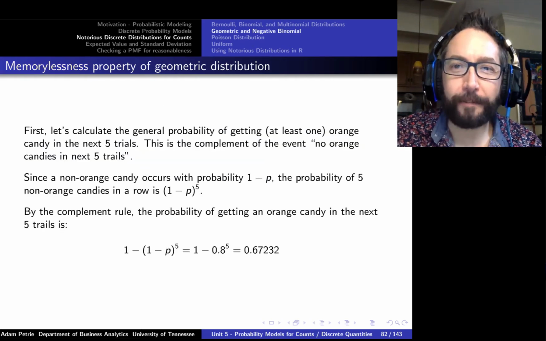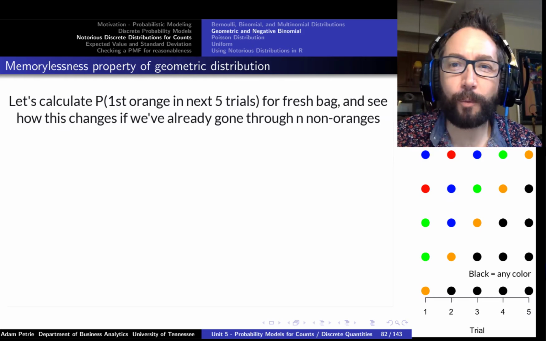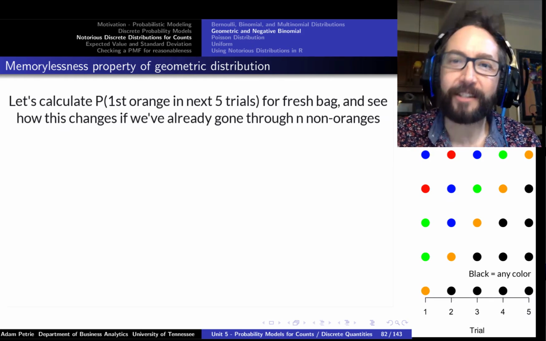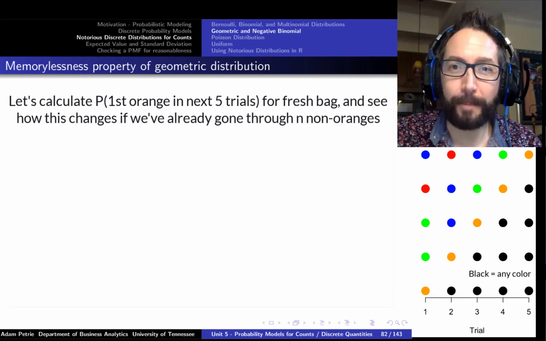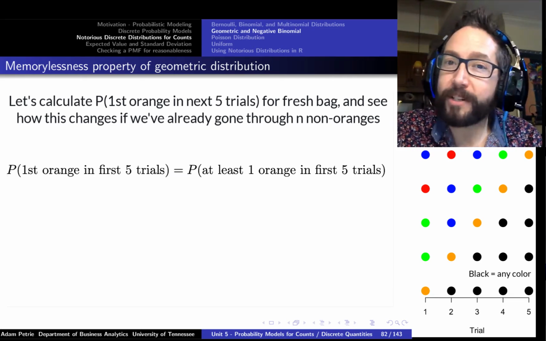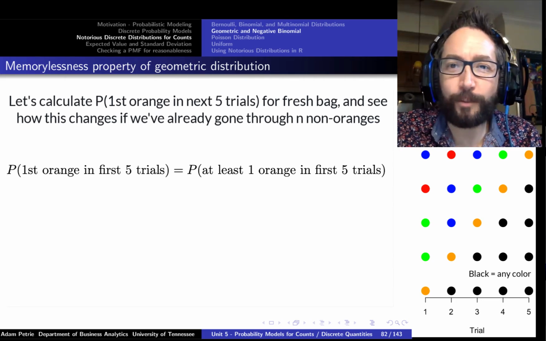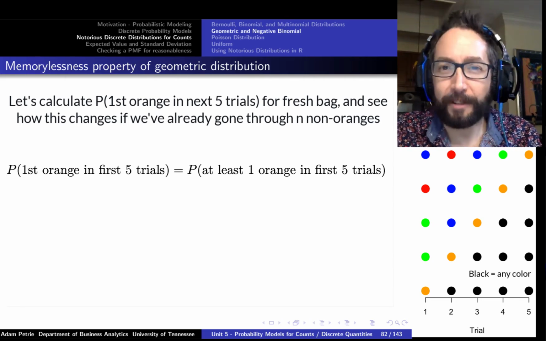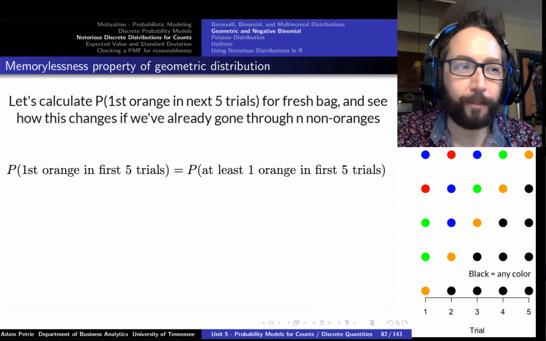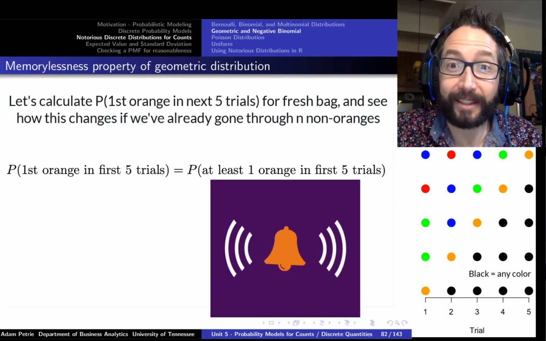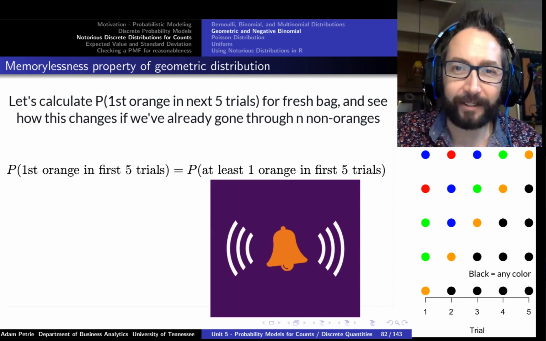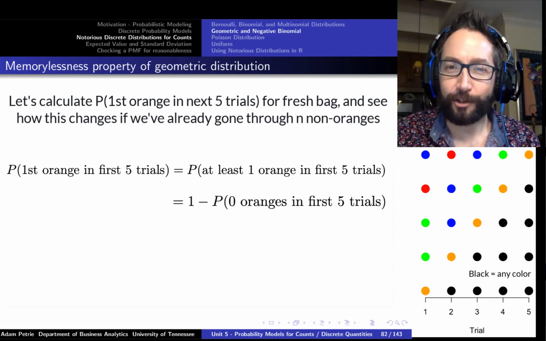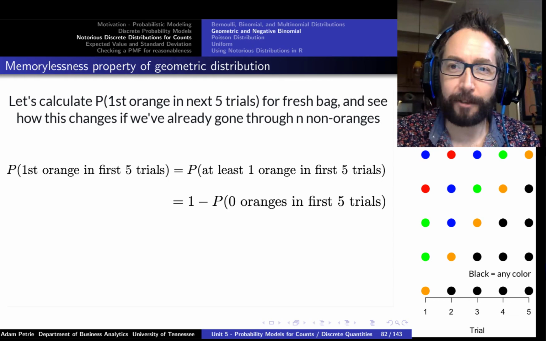All right, so let's first start out by figuring out what is the probability that we would get an orange candy at some point during the course of pulling those first 5 candies out of the bag. Or in other words, what's the probability that we get at least 1 orange candy out of the first 5 we pick? Well, whenever we hear the probability of at least 1, that should immediately ring some bells and say, hey, let's actually calculate the complement of that event. That's usually easier. Let's go down that route.